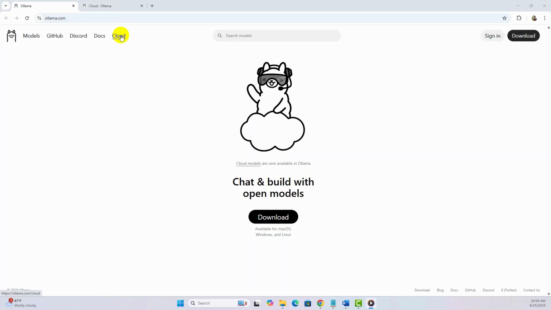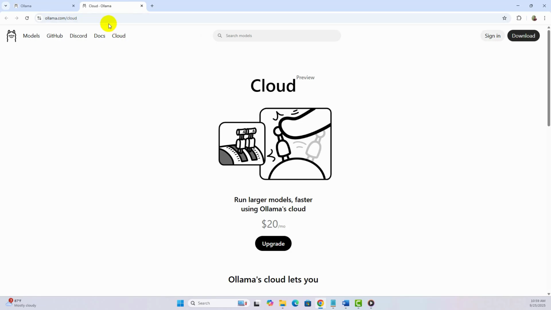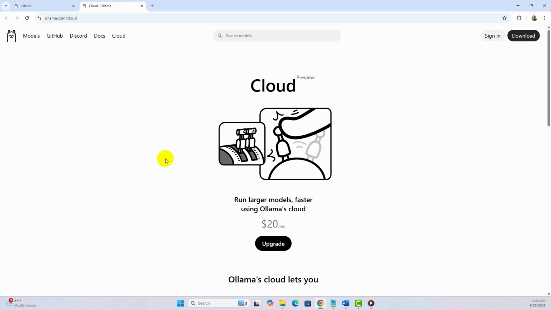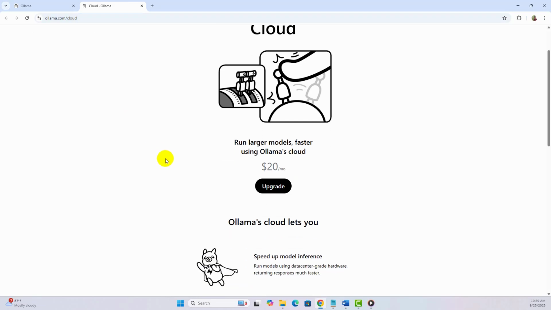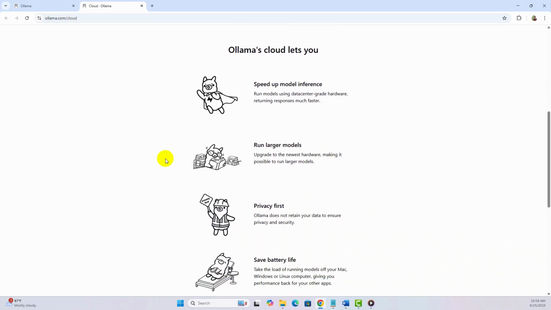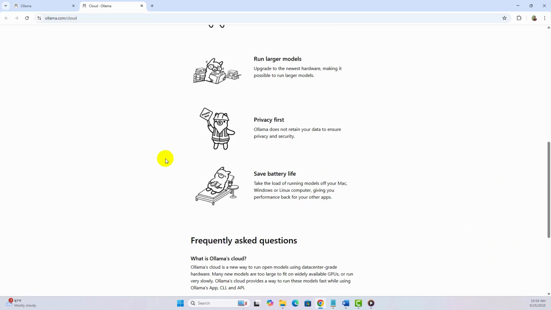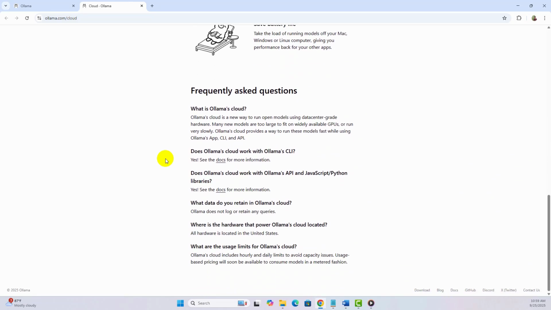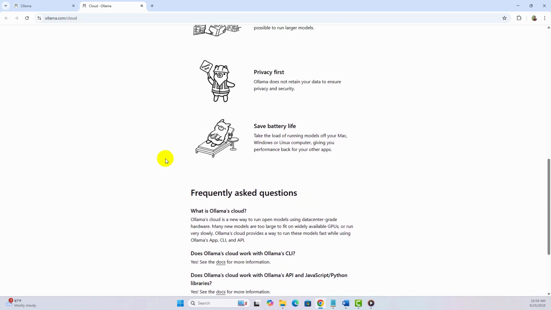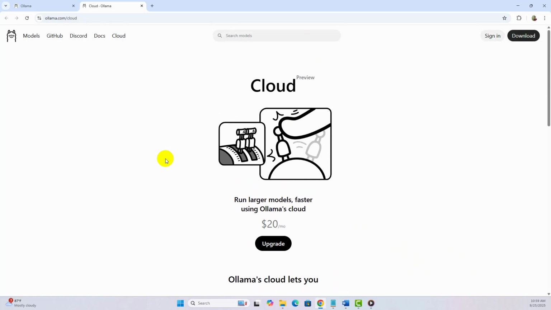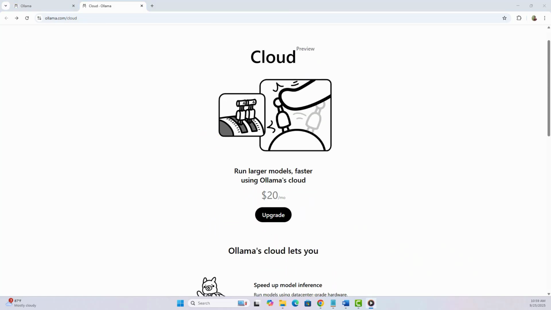Ollama Cloud. In addition to running models locally, Ollama offers cloud services available at ollama.com/cloud. This option is designed for teams and enterprises that want scalable managed LLM hosting. With Ollama Cloud, you can offload heavy compute requirements to the cloud while still maintaining the flexibility of model choice. It's ideal if you want the convenience of cloud hosting, team collaboration, or enterprise integration without losing the open source